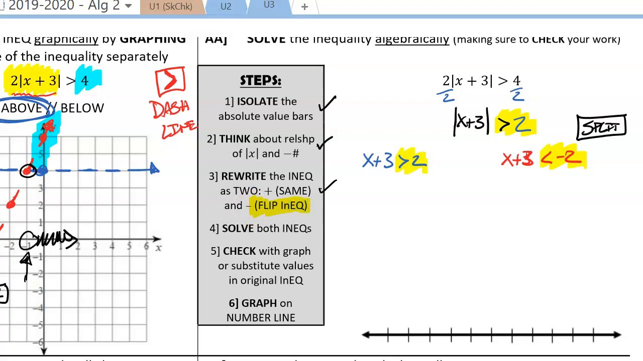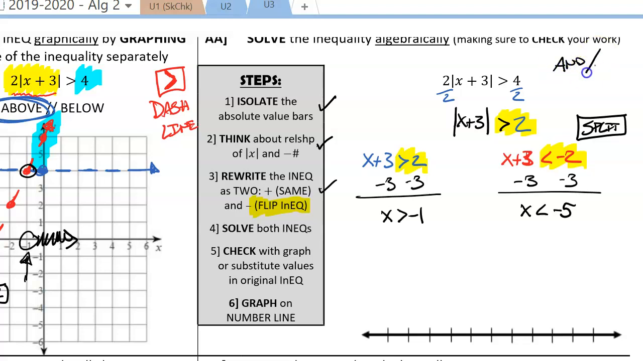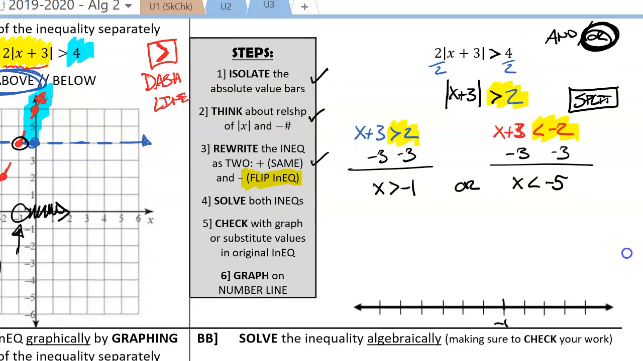Going in and solving both of these, we get x is greater than negative 1 and x is less than negative 5. Thinking about whether this is an and or an or compound or disjoint inequality, it's going to be an or compound inequality. So when we put these on the number line, we're going to put a dot at negative 1